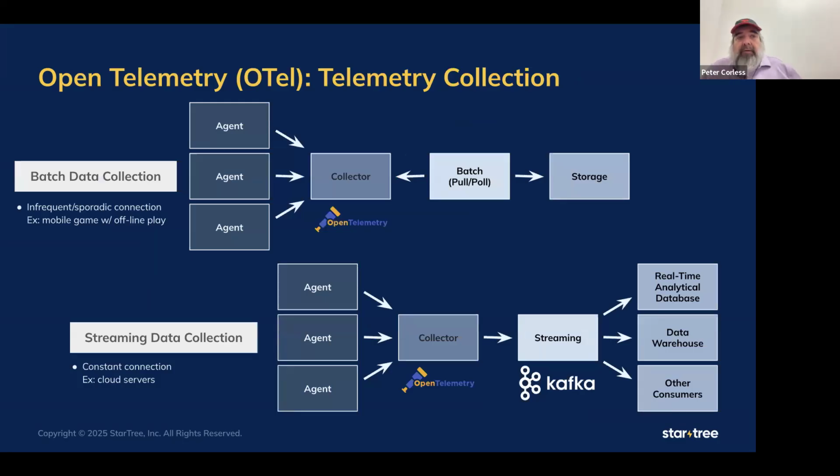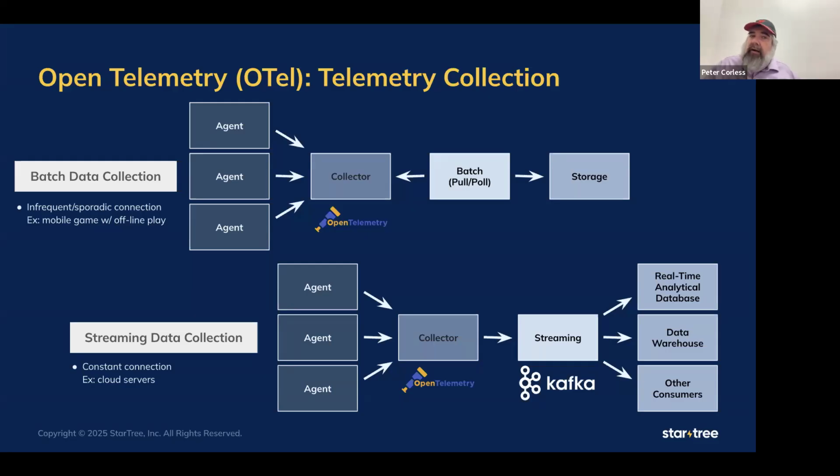Now let's take a look at how this data is coming in. Traditionally, you would have batch data collection. Just think about mobile games. A mobile phone may have been turned off. A mobile phone may have been disconnected from networks, such as in airplane mode, and you play that game the whole airplane ride long. And then when you get off and you finally reconnect, there may be some information that needs to go from your phone back to the mobile game system. So maybe you've cleared out a couple of levels and they need to know about that.